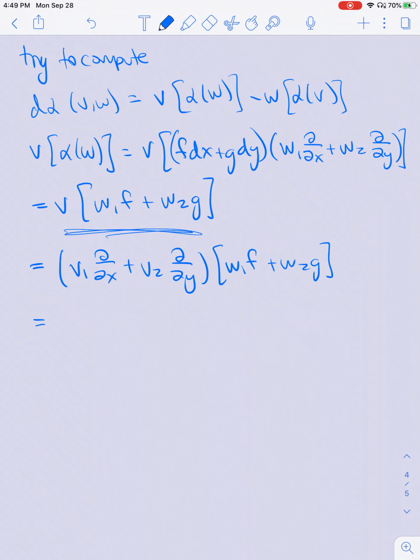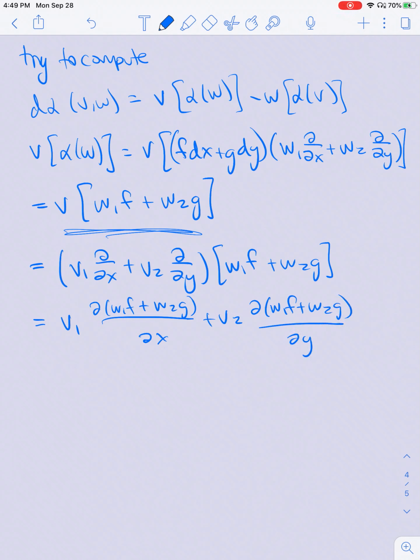So then when I actually compute this, just taking the directional derivative as I've been doing throughout the class, I am going to get v1 d by dx of w1 times f. So this will be d(w1 f)/dx plus w2 g dx plus v2 times d(w1 f plus w2 g)/dy. So when v and w are constant, a lot of these terms are simpler because w doesn't vary. But now what I'm going to get is